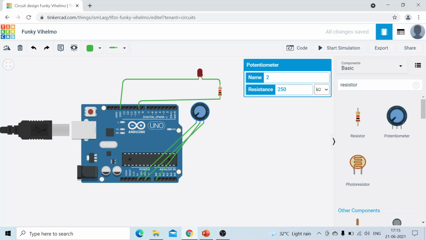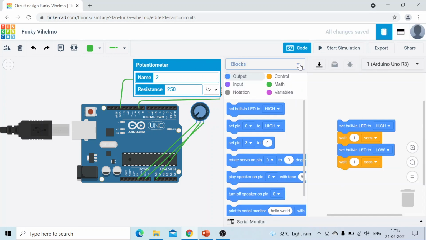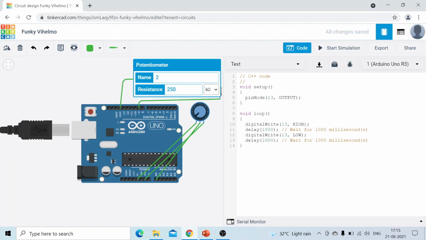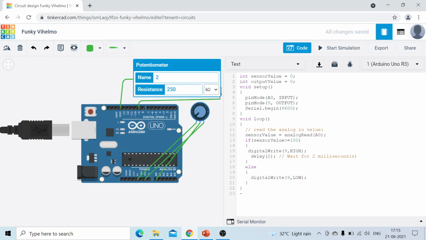Now we have to write the program in the code. This is the program we have written as per the input and output configuration. As we change the value of the potentiometer, the voltage level will change from 0 to 5, and as per this we can control the LED status.